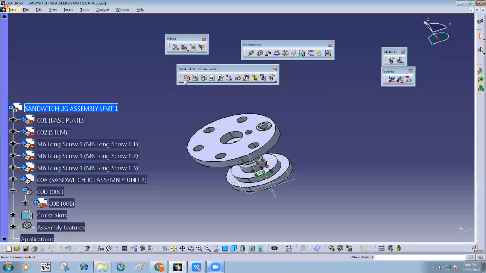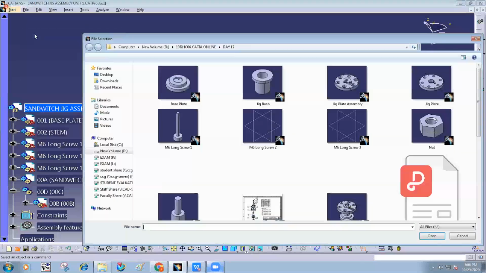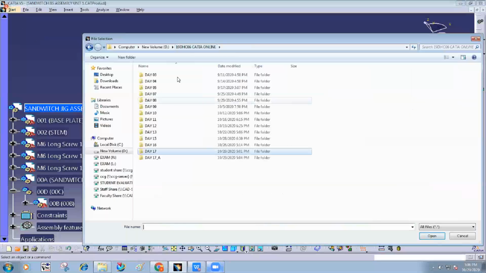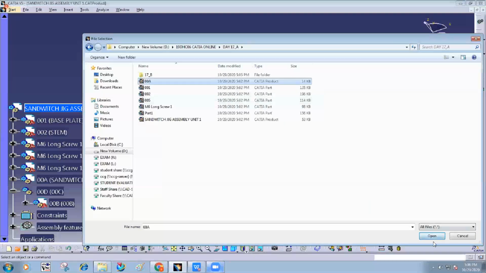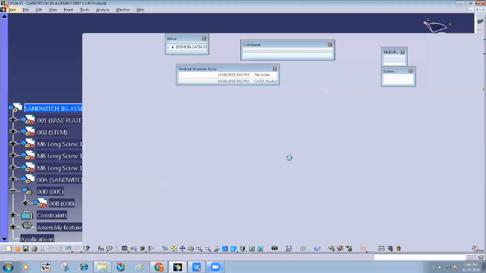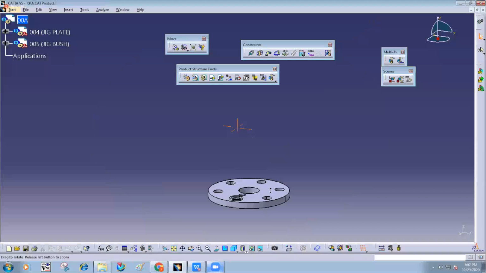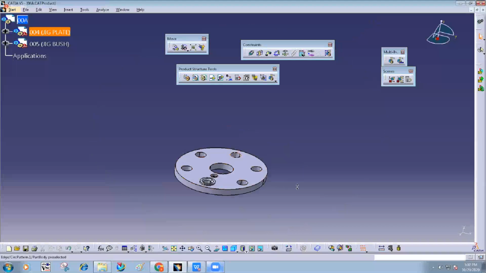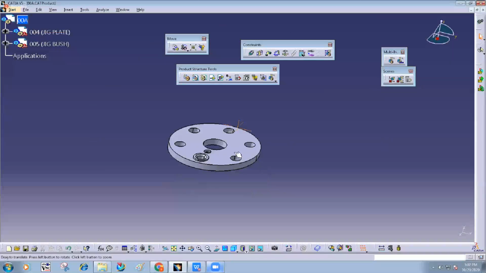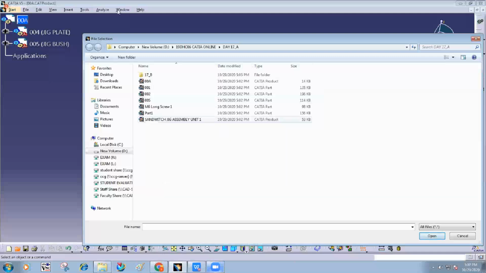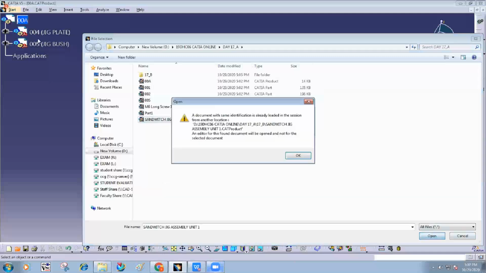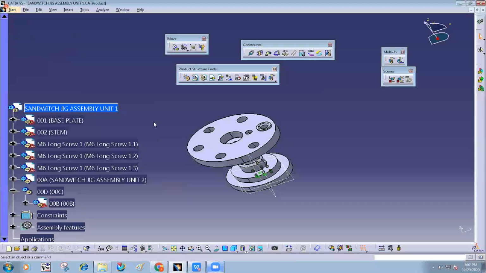But if you use component subassembly and try to store it, you don't get the separate file. So when you want to open 00A, you can directly open it separately from here. And that is the benefit of subassembly. So next time, whatever parts I want to design, I directly open through this 00A. I now don't require to open the entire assembly here. I don't need to open this unit number 1 and start to design the remaining parts.